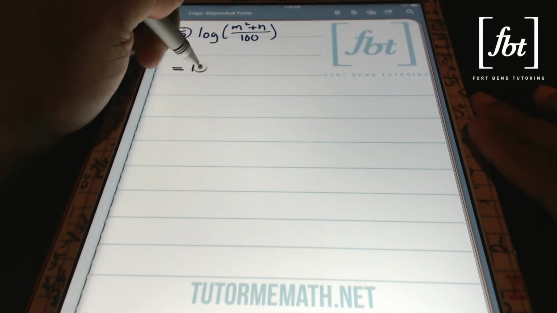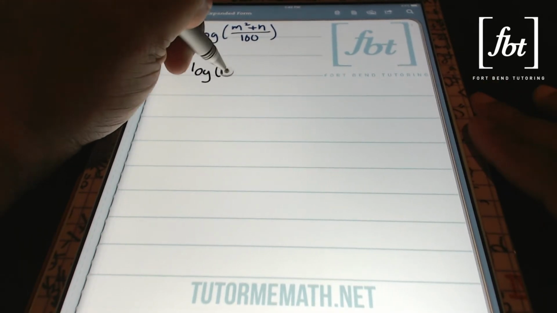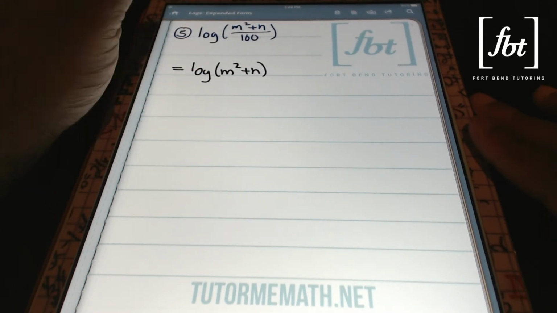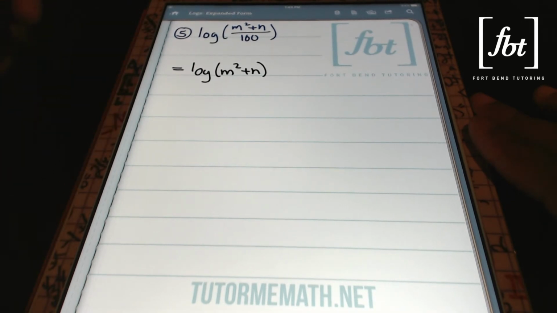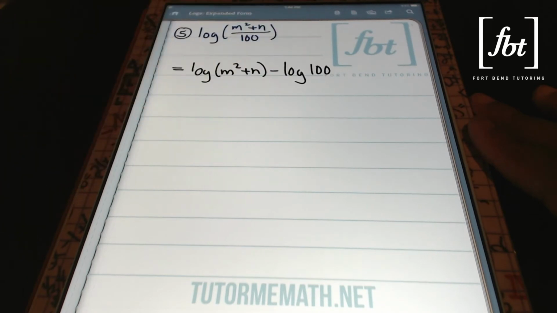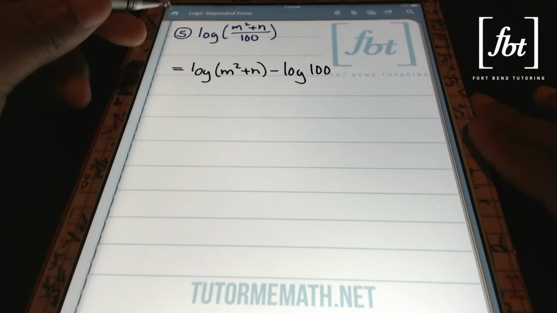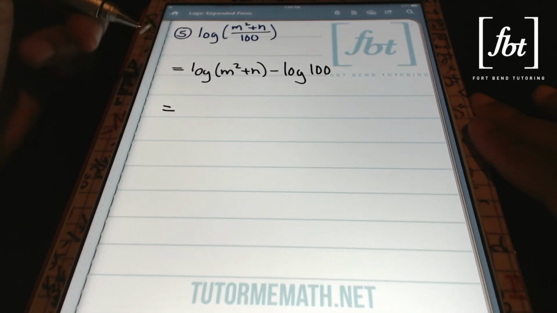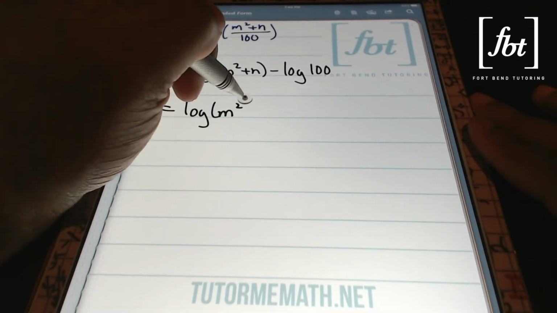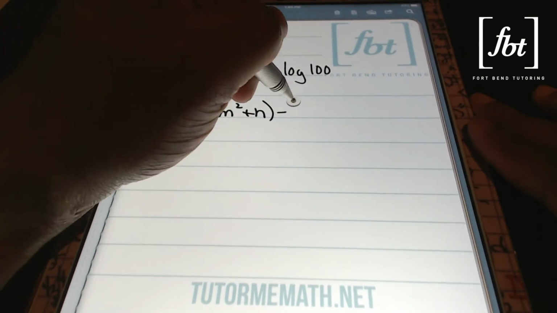So we're going to rewrite this as the common log of the quantity m squared plus n. Notice that we had multiple terms in the numerator. Since the terms in the numerator weren't multiplying together, you have a binomial. You need to place that binomial within parentheses when you're expanding this value. And this is going to be minus the common log of 100. Once again, you're responsible for simplifying all of the terms in your expanded expression for expanded form of a logarithmic problem. You're going to rewrite this as log of m squared plus n,